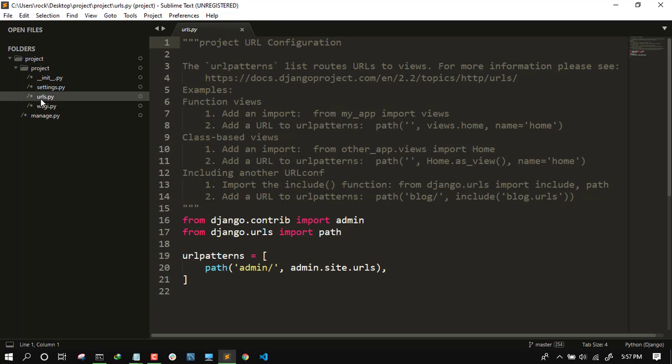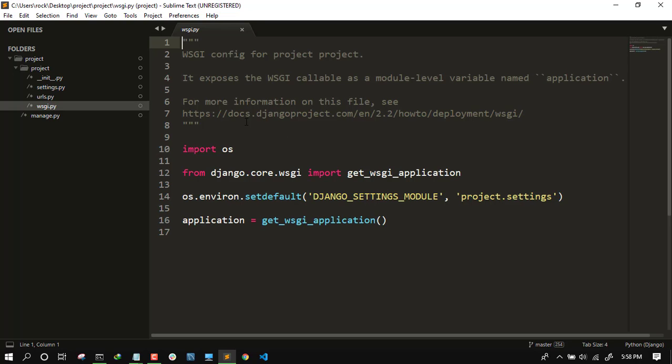This file is used to store the URL patterns of your project and views. You have different separate URL patterns, and using these URL patterns, the end user can use your web page. And what is WSGI? WSGI is one of the main components present inside the project. It is called the Web Server Gateway Interface. When you want to make your web page live, you can do it with the help of WSGI.